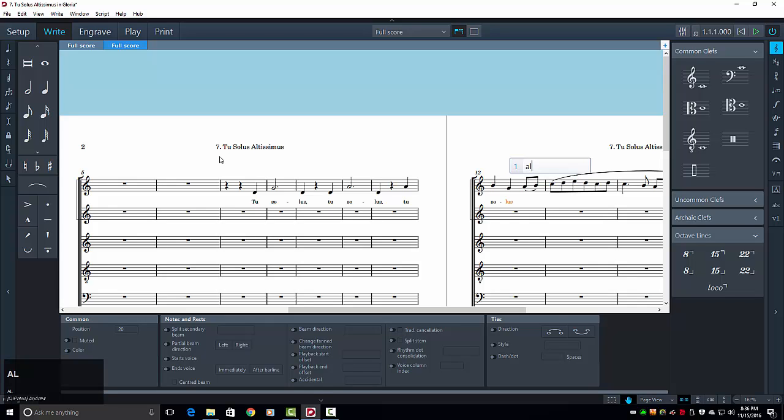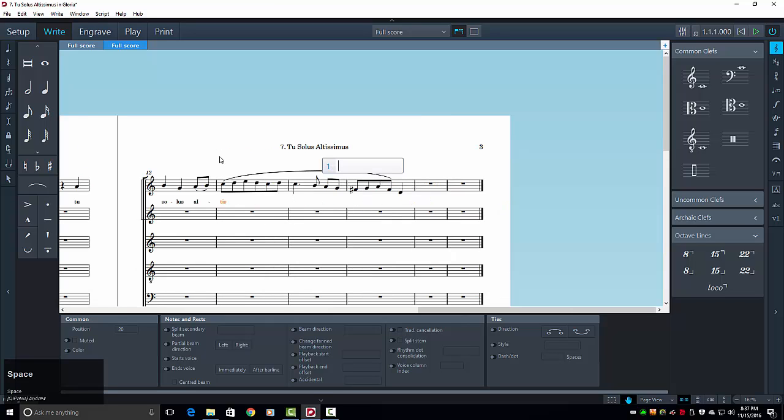then all, A-L, hyphen. Now this is a tricky one because it's 1 syllable, but it goes over 2 notes. So you need to type a hyphen directly after the syllable to make sure that Dorico will connect it to the next word, but then you need to type a space to get to the following note, if that's the way your syllables match up. Then tis, and then a hyphen because we're still in the same word, and then many, many spaces, a huge long melisma